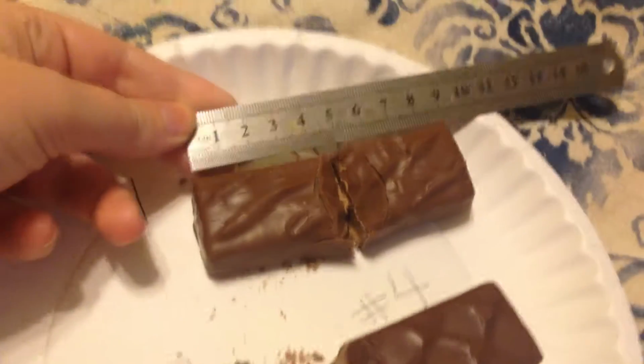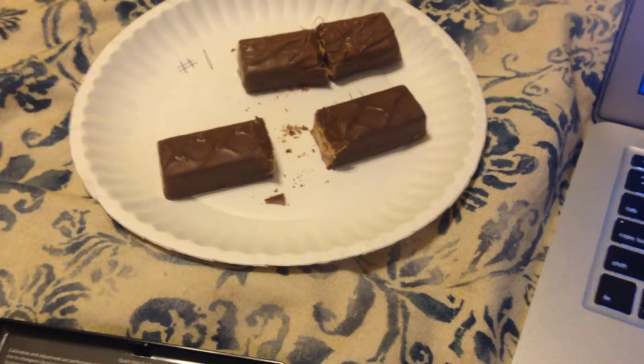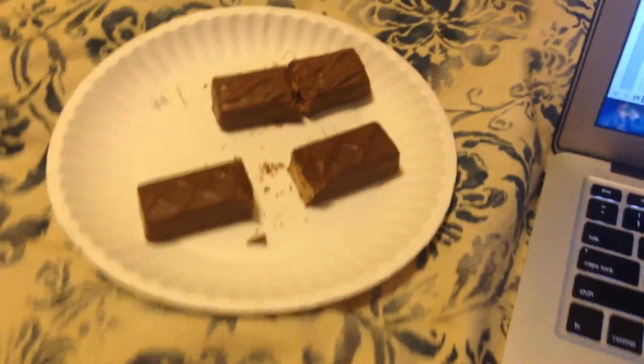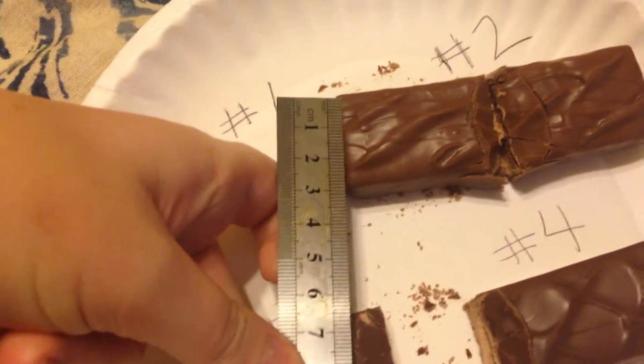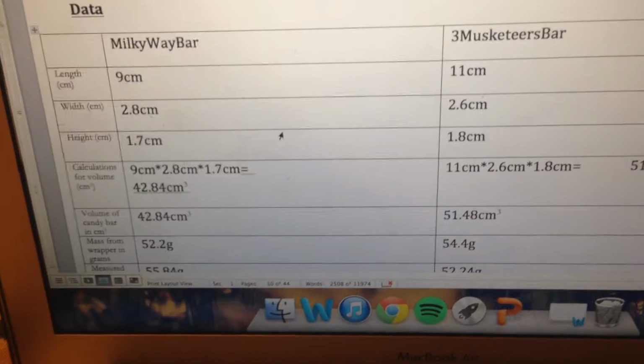So when the bar was together, the length was about 9 centimeters. And then for the width, it was about 2.8 centimeters. And then for the height, it was about 1.7 centimeters. And then to calculate volume, I just multiplied all of them together, so length times width times height,